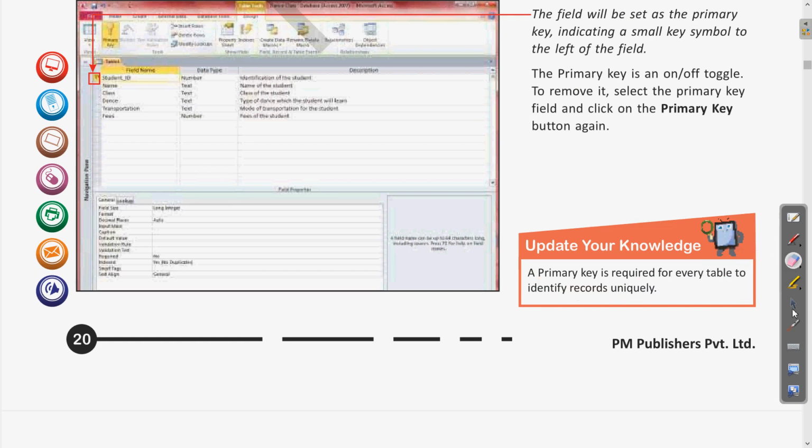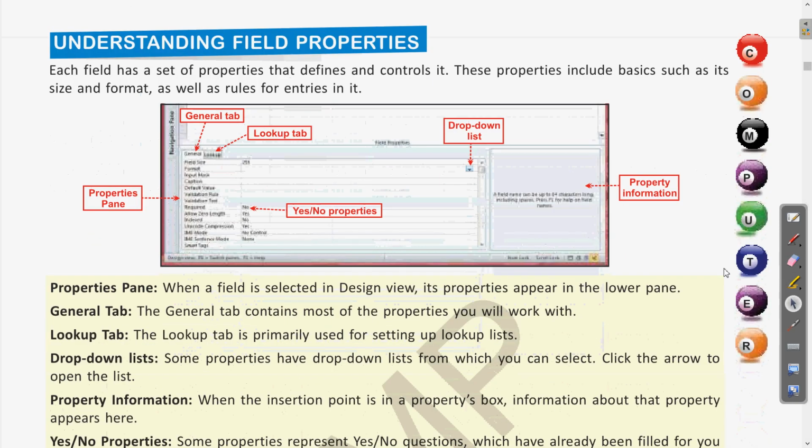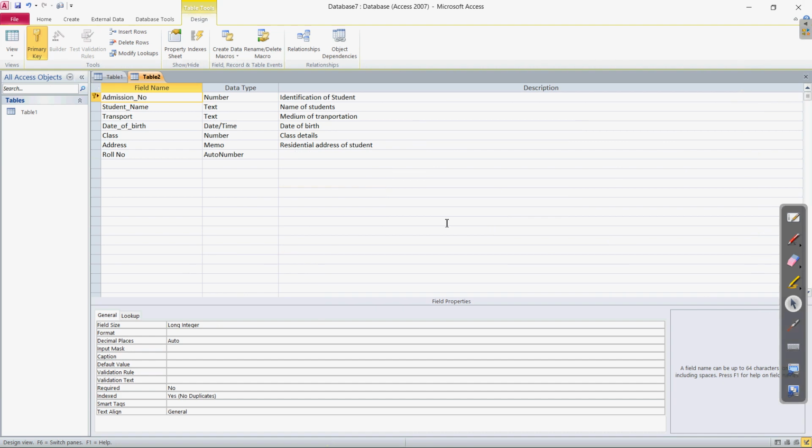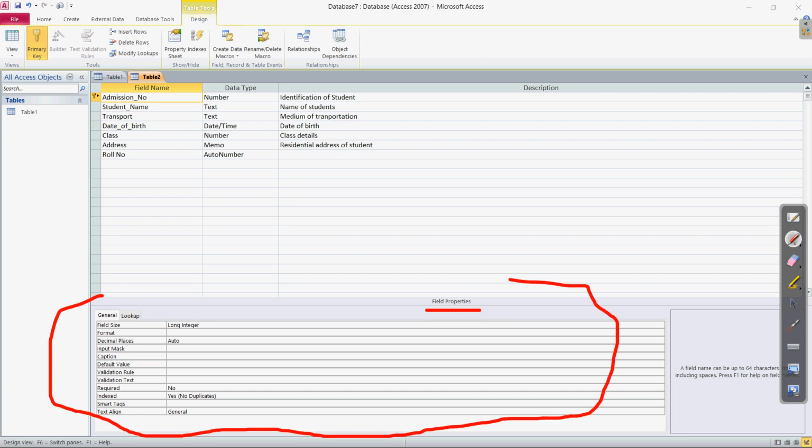Okay, now moving further, now it is the time to understand the different field properties. So what is the field property? The lower pane. Here in the software window, as you can see, the upper part was the field related activities, the field name we have chosen, the data type and description. At the lower part of the window, the area which is related to the field property, here you can see at the bottom. All of these related properties which we are able to see, this area is called field property. I hope this is clear.